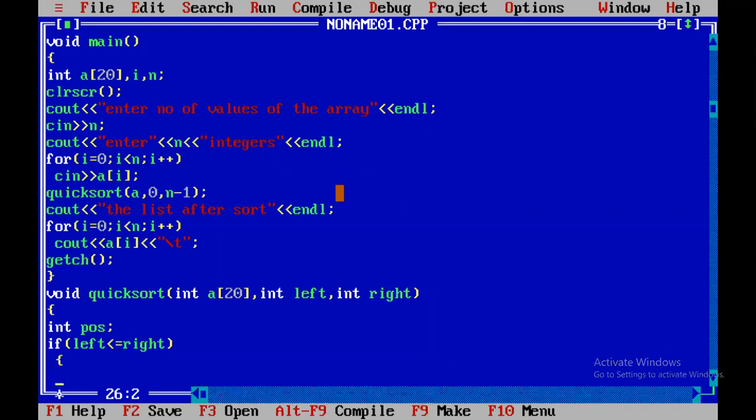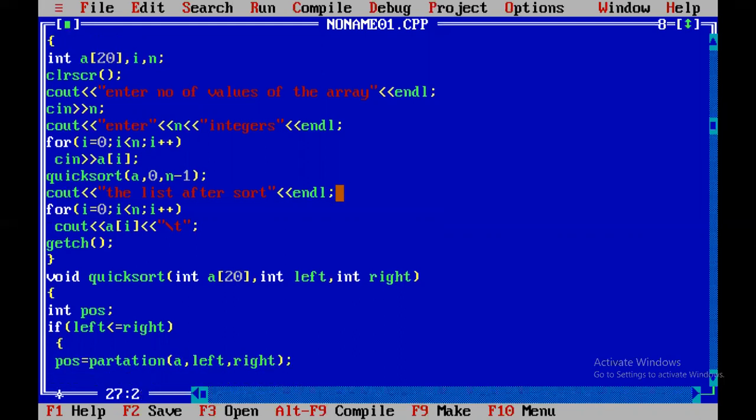If left is less than or equal to right, what can we do? Assign the first position to left. If left is less than or equal to pivot, increment the left. If right is greater than or equal to pivot, decrement the right. This is the work we do each time. So I will assign that total work to one function called partition. Partition a, left, right. In the partition function, whatever our concept is to arrange the numbers will be implemented.